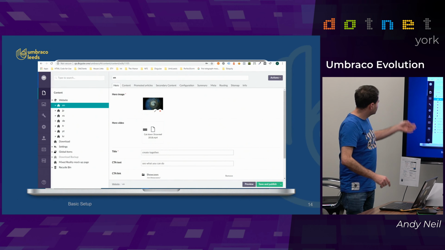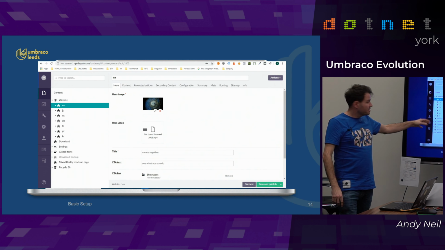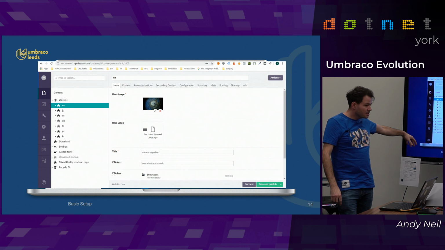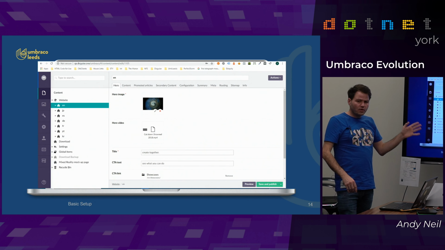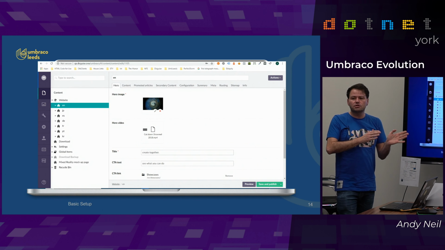This is what the back office looks like in the later versions of 7. It started off a little bit more basic than this. It didn't used to have the rebranded colours and things, but they went through a lot of iterations of 7, so people will know certain versions of it.